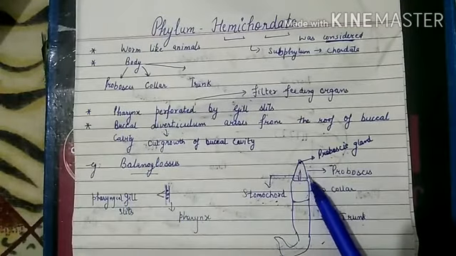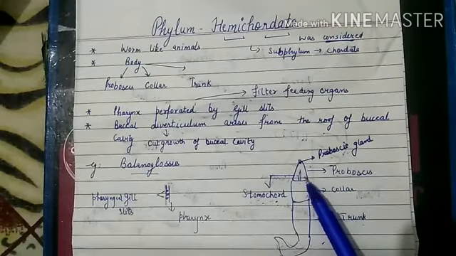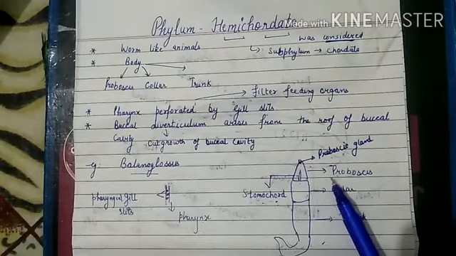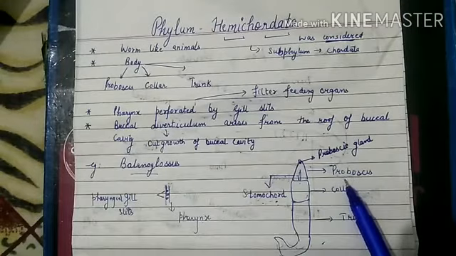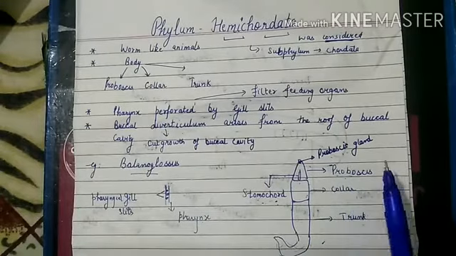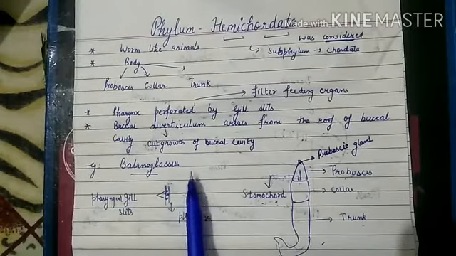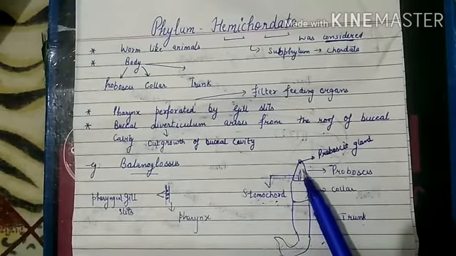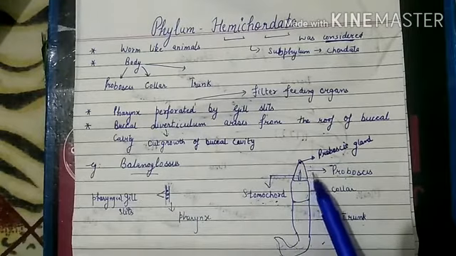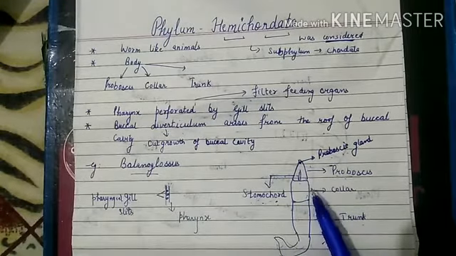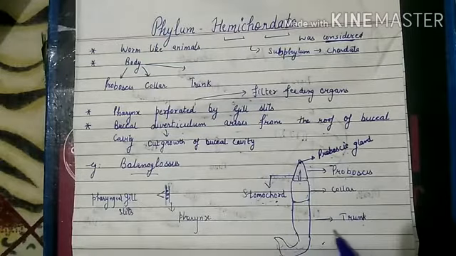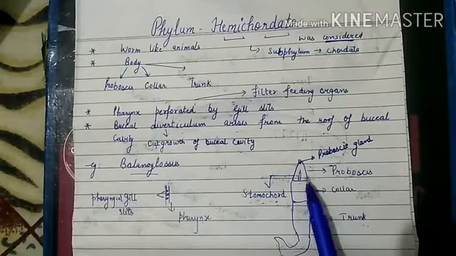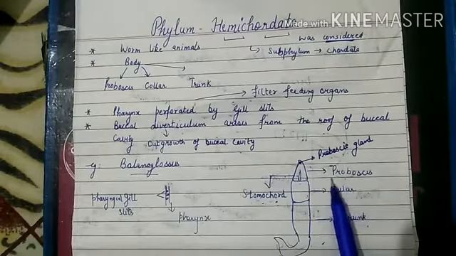This proboscis has cilia all over it. It is basically a muscular and ciliated organ which is helpful in locomotion of the animal. Balanoglossus is an example of the phylum Hemichordata. Its body is divided into three parts: proboscis, intermediate collar and the posterior region known as trunk. The proboscis is a muscular ciliated organ which helps in locomotion.